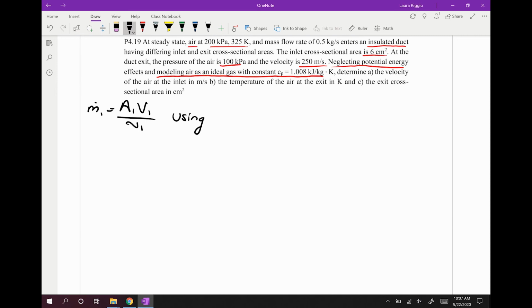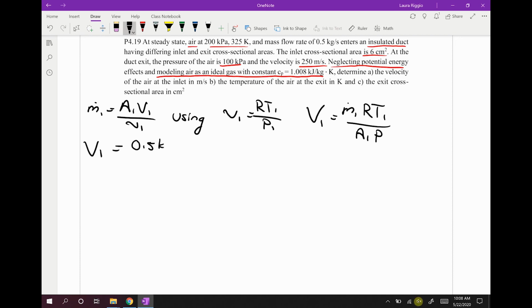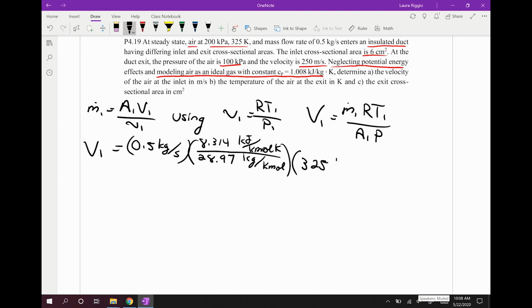If we use the ideal gas law, we know that our specific volume is RT over P, which means that our velocity is equal to our mass flow rate times RT over AP, which means that V1 is equal to 0.5 kilograms per second times 8.314 over 28.97 kilojoules per kilomole Kelvin over kilograms per kilomole times 325 Kelvin divided by 6 centimeters squared times 200